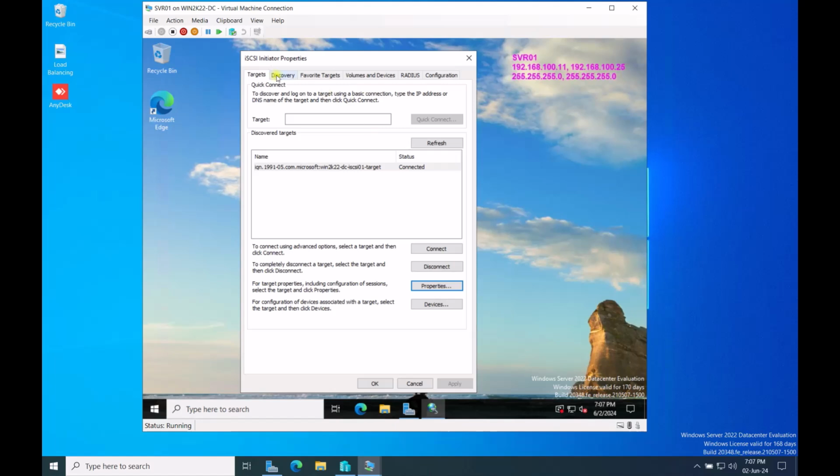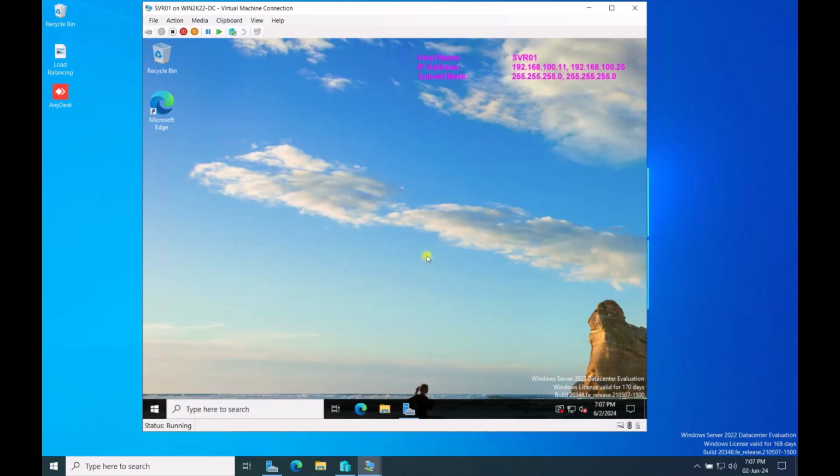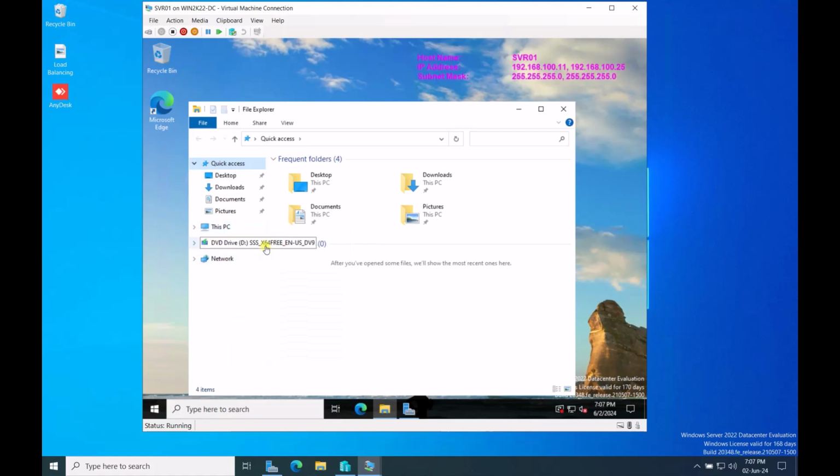So after this, you can also discover another thing over here, volume and device. You put auto configure. Auto configure it will come, and then you click OK. So this one we configure on our SVR01. And now I will go to my disk management. I will go to manage